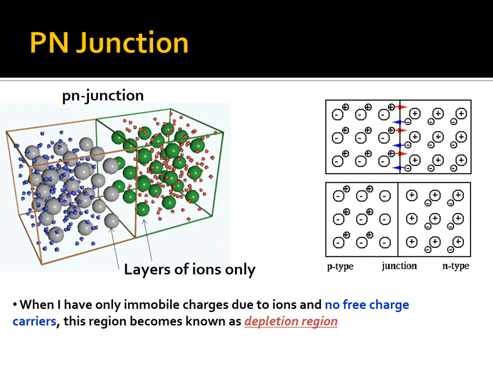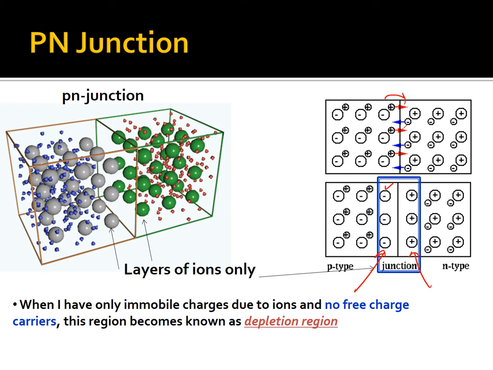So these layers of ions, let's have a look here. The holes move towards this side and the electrons move towards this side, and finally, due to the recombinations, the holes and electrons are surfaced out. We just got the original donor ion and the acceptor ion here. These are the negative and positive ions here. So this will form a depletion region around the junction point. This is what we call a depletion region.